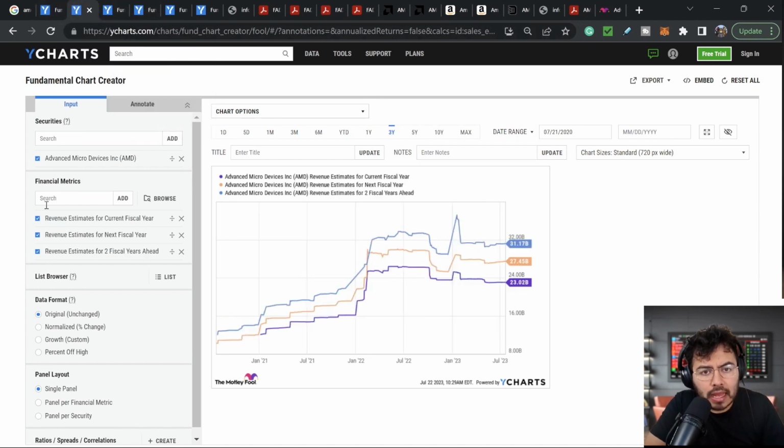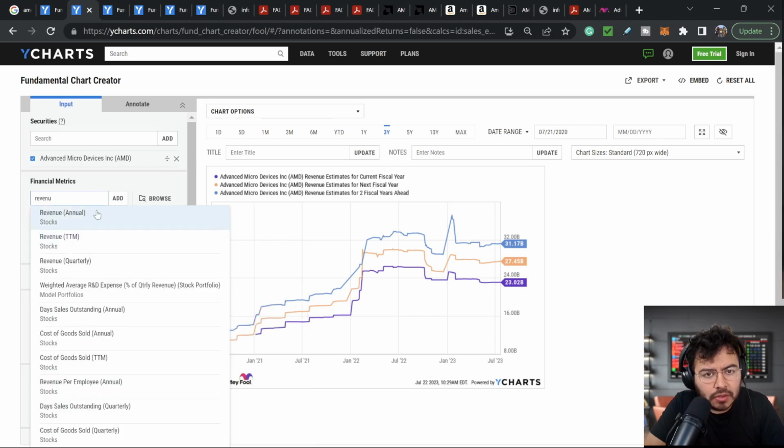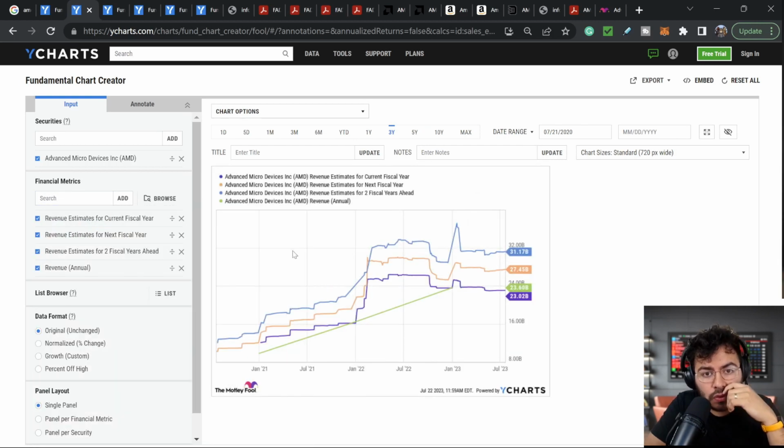Now, I want to take a closer look at this company's revenue. Revenue at the moment is roughly $23.6 billion. That was its most recent fiscal year. For this current fiscal year, AMD's revenue is not expected to grow. It's pretty much expected to be flat. Analysts are expecting roughly $23 billion, so it's actually expected to decrease about $500 million. The main reason, like I mentioned, is that slowdown from the over-inventory correction that we're seeing right now. So there's not much growth expected this year.